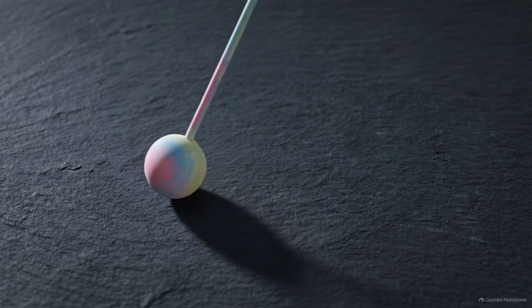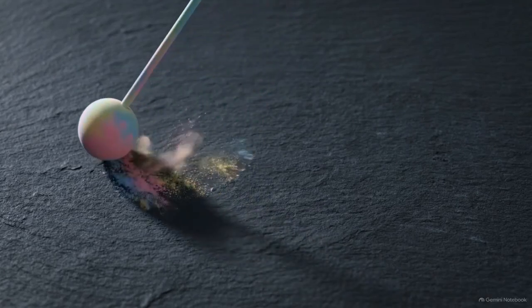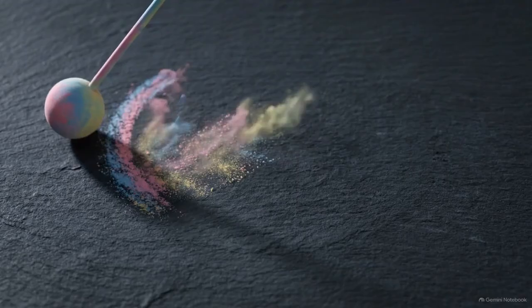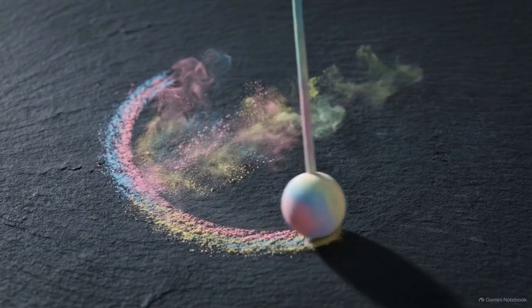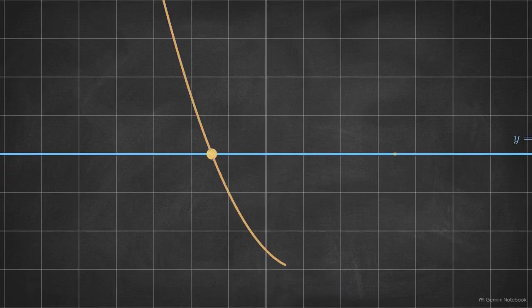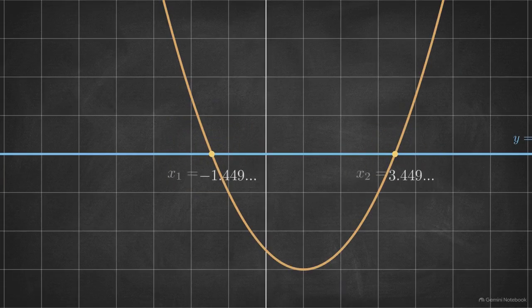Observe a pendulum in motion. As it swings, it carves a smooth, symmetrical arc through the air. This curve physically manifests a quadratic function. When we try to calculate the exact points where curves like this intersect a baseline, our basic algebraic tools often